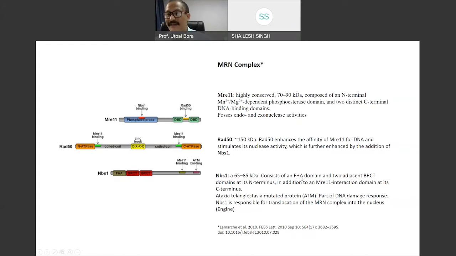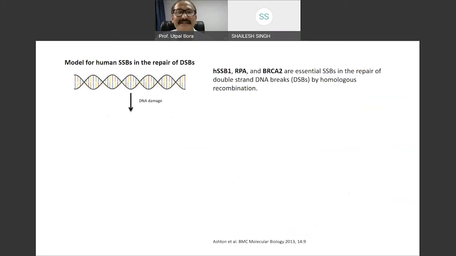It consists of an FHA domain and two adjacent BRCA domains, in addition to an MRE11 interaction domain at its C terminus. And we have ATM binding over here. This is a part of the DNA damage response, and NBS1 is responsible for translocation of the MRN complex into the nucleus. Okay,